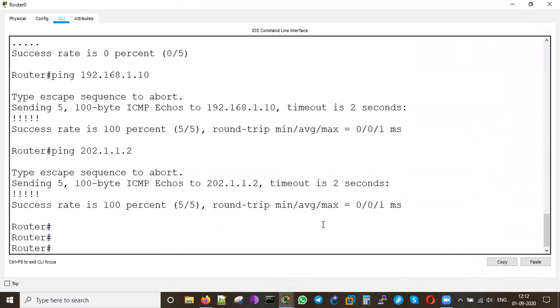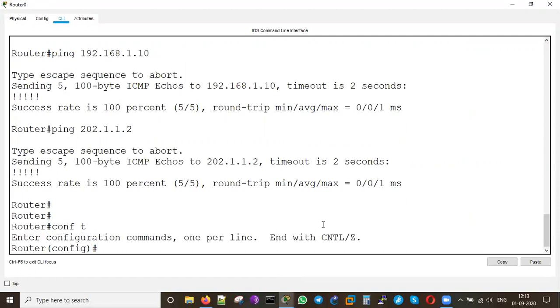Okay. So now we are going to do the port address translation, for which we require some configuration steps. Port address translation is a little bit different from the dynamic address translation as well as static address translation. Port address translation can be utilized when we do not have enough public IP addresses. We would like to share only one IP with all the people who are connecting to the router from the inside interface. So let me configure.